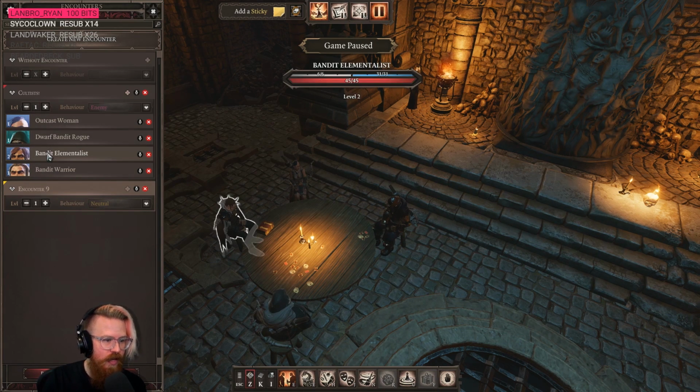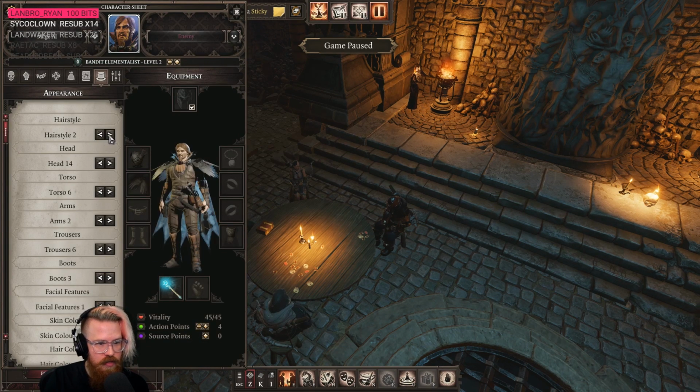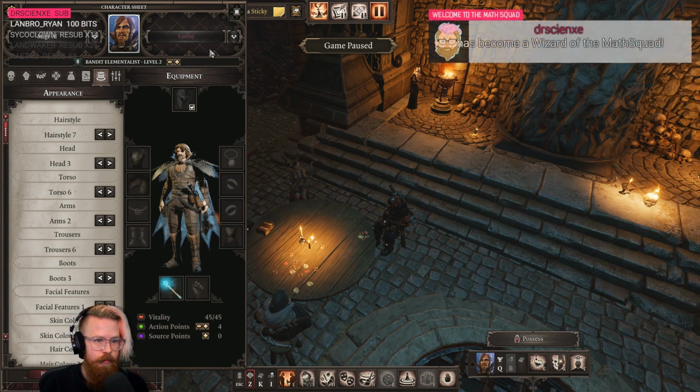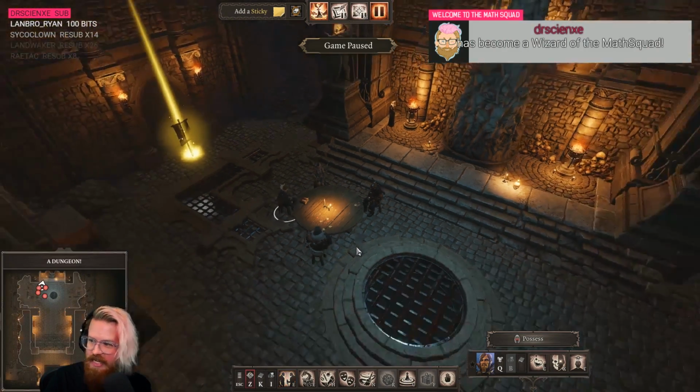And then I can go in and say, okay, I'm going to bump the elementalist. I'm going to give him some specific spells. I'm going to tweak his appearance, but let me do that with the random generation first. Welcome to the mouse. Same thing with, hey, Dr. Science. So same thing with